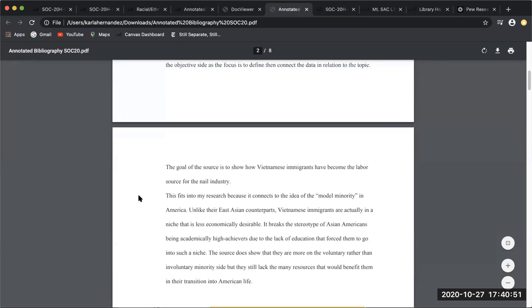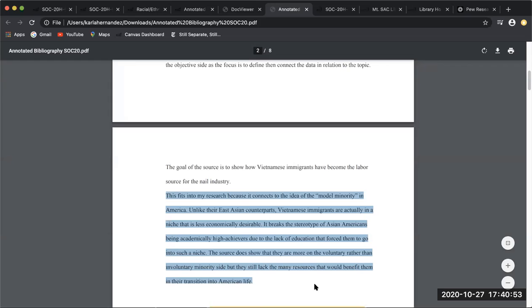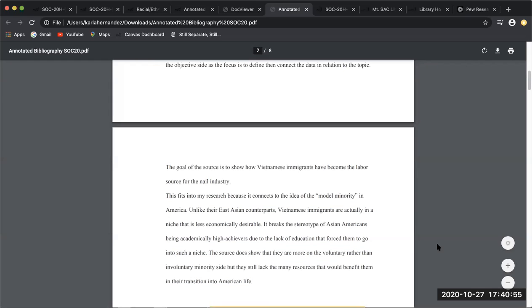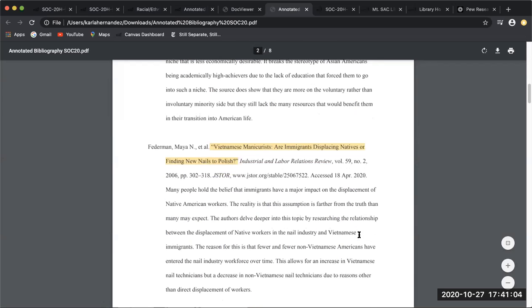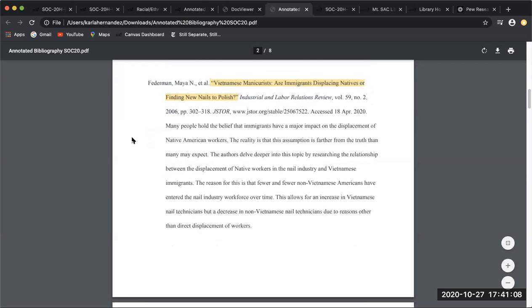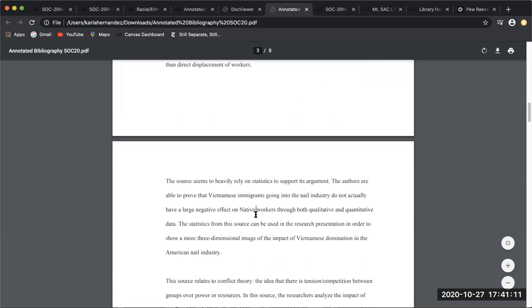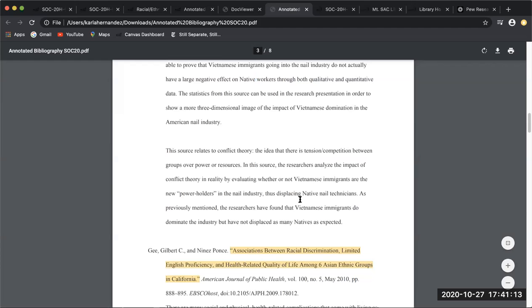And lastly, what concept can you apply? So she felt that the best concept that relates to this article is the model minority. So once again, your source, summary, evaluation, application.